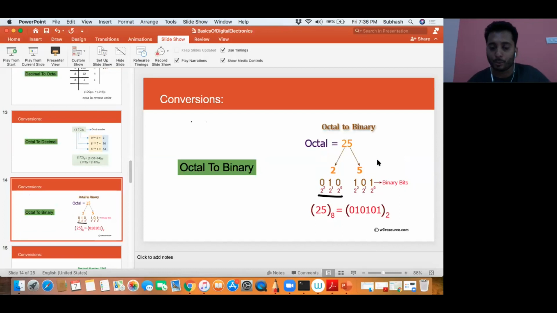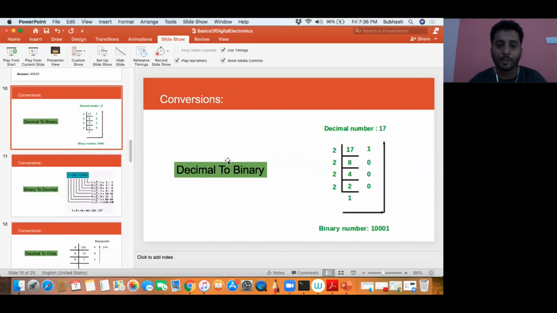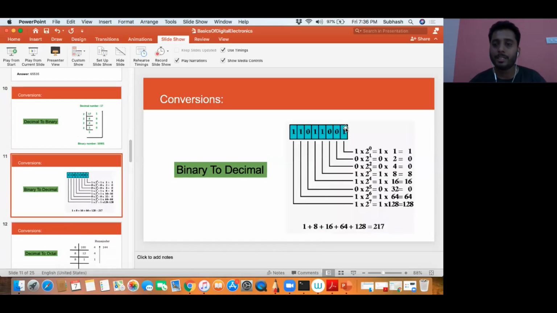So let me just quickly recap what we learned. From where did the conversion start? First I converted from decimal to binary, where we divided by 2. Decimal to binary, we divide the decimal number by 2 continuously and read the remainders from the bottom in the reverse order, and we get this number. Then from binary to decimal, we start multiplying each digit of the binary from the right hand side by 2 raised to its power, and add everything, and you get the final answer.